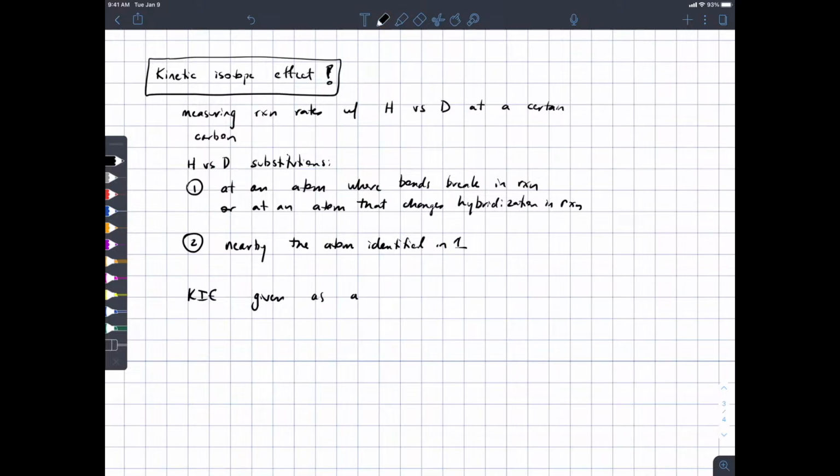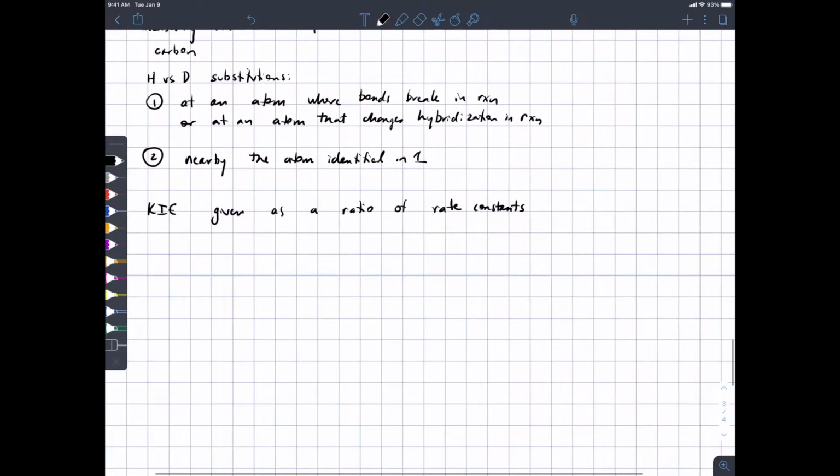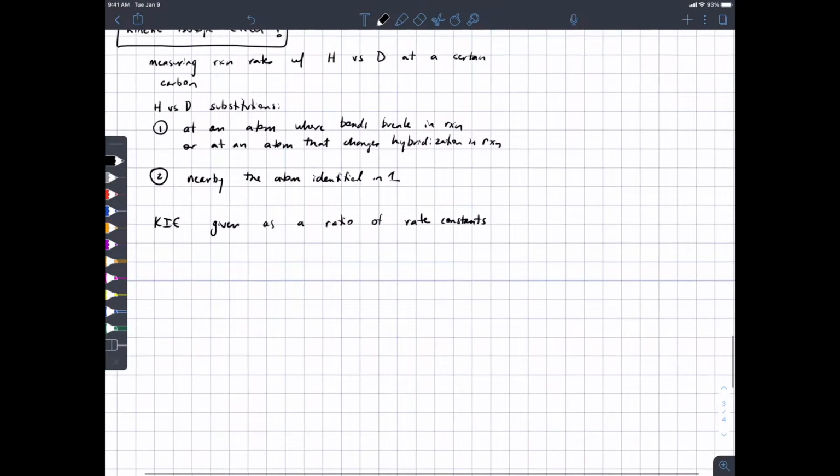So you'll measure a rate constant for a reaction with hydrogen at either position 1 or position 2, and then you'll measure that same rate constant with deuterium at either position 1 or position 2, and then you will divide the rate constants,